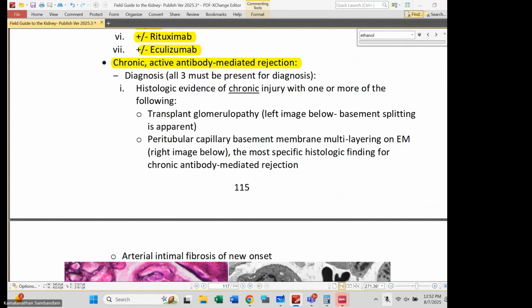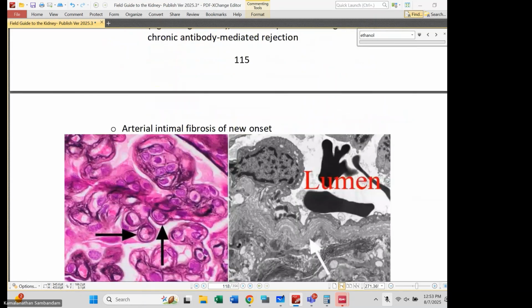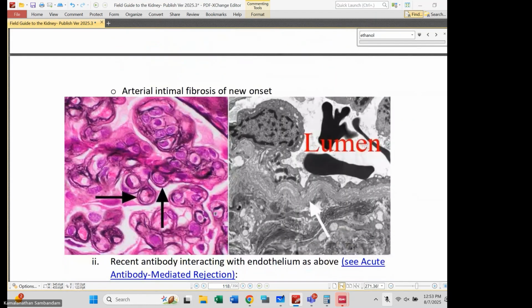All right, chronic AMR. We talked about acute AMR. Now we're talking about chronic AMR. How do I diagnose it? Again, 3 criteria. Histologic evidence of chronic injury. What are those signs of chronic injury? Transplant glomerulopathy is one of them. Your differential for this finding, you should be thinking of